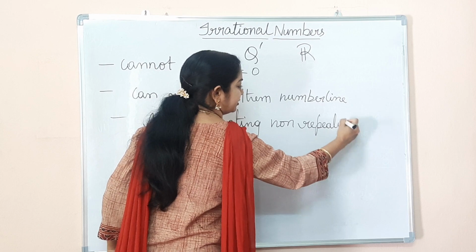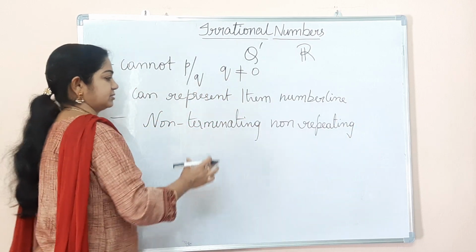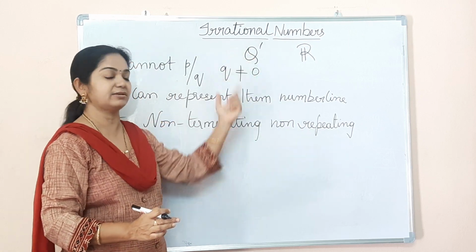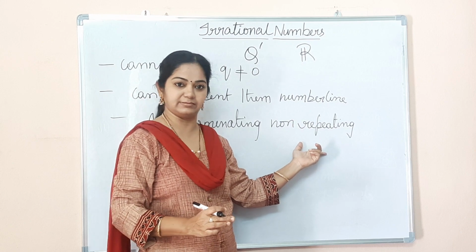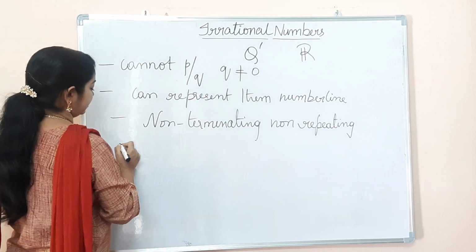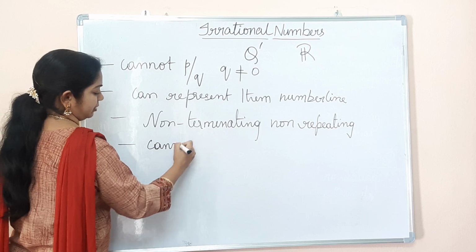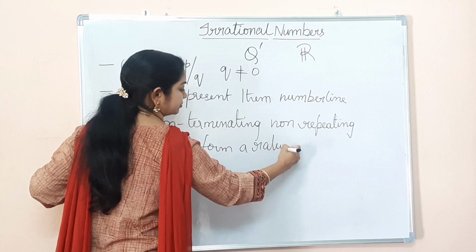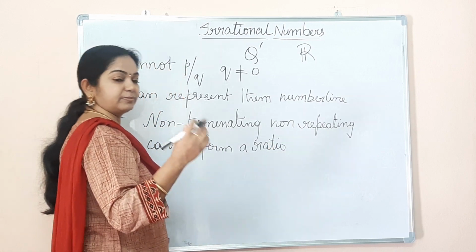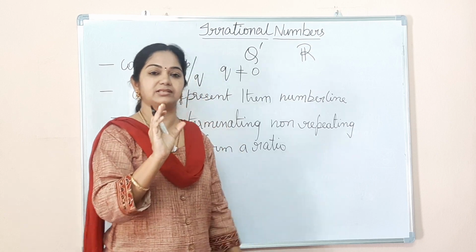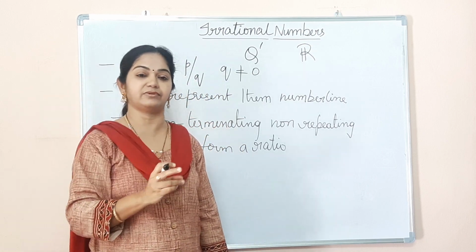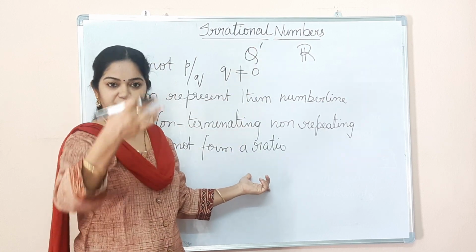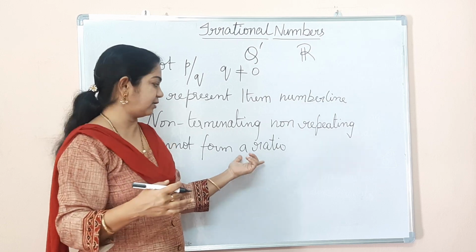In the previous video lesson, we learned this concept. So the decimal expansion of the irrational numbers is non-terminating, non-repeating decimals. And what else? Basically, they cannot form a ratio. From the word rational itself, we can say there's a ratio. Ratio has been derived from the word rational. So if it is irrational, it cannot be represented in the form of ratio. Ratio means p is to q or p by q. So they cannot be represented.